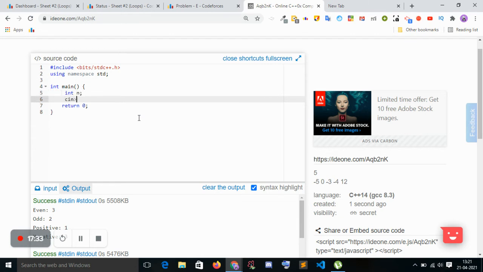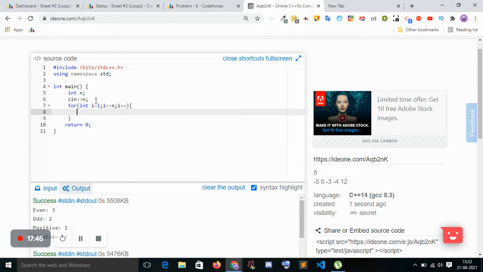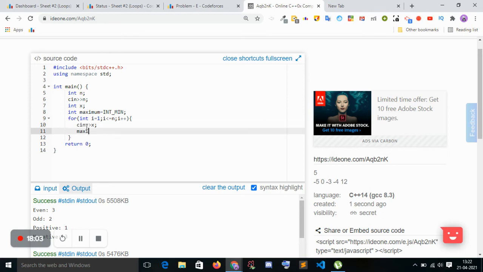int n, cin n. For int i equal to 1, i less than or equal to n, i plus plus, we will take an input, int x, and I have to store the maximum, int maximum equal to INT_MIN. Okay, so cin x and maximum